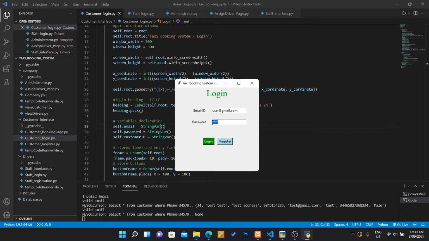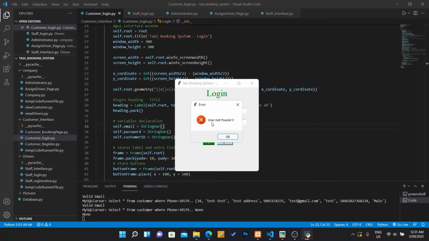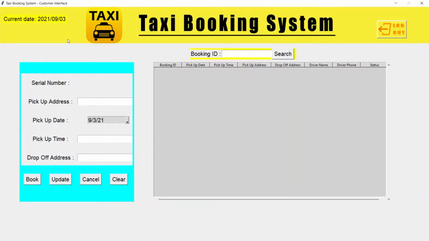And if we provide a wrong credential, then it will say user not found. So this is the customer interface. On the top left corner, you can see the current date, and on the top right corner, you can see the logout option. And there is a search bar where a customer can search for the trip with their booking